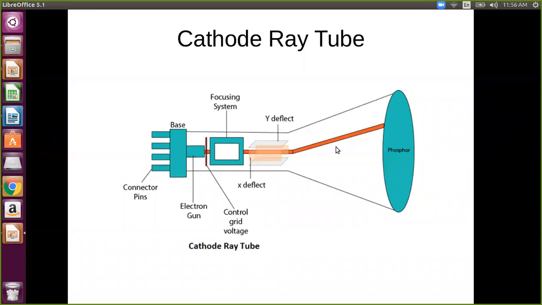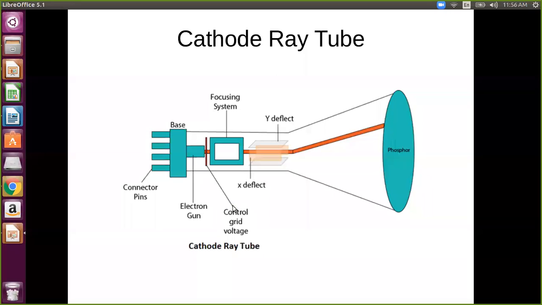When an electron strikes the phosphorus, there is a reaction and the phosphorus generates some light. So electron plus phosphorus gives light. At the particular position where the electron collides with the phosphorus layer, it gives light, and that means it is a pixel, giving some intensity at some coordinate.